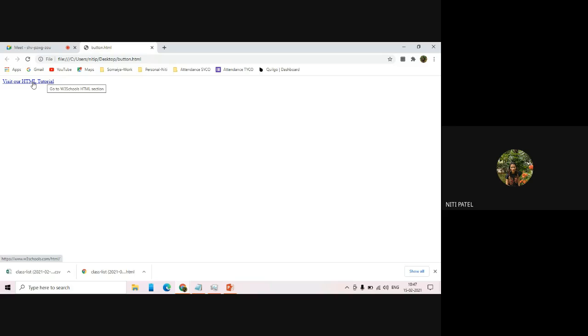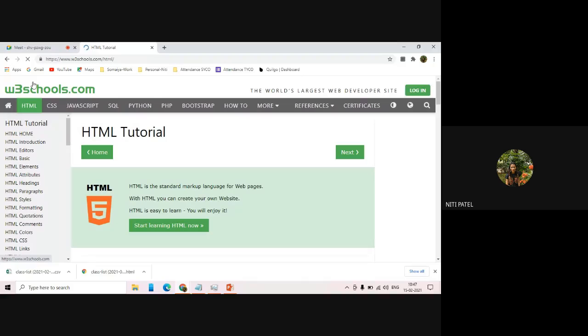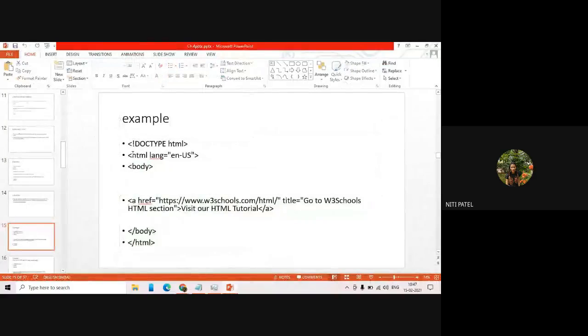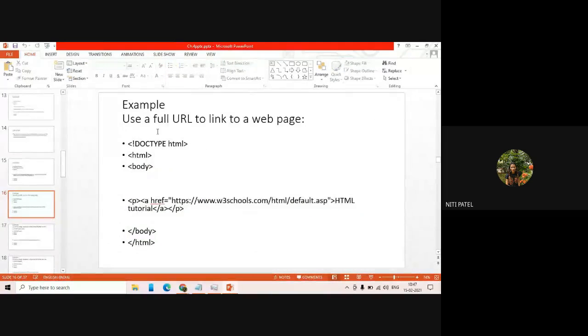Yes, ma'am. So with the title attribute, I can show the tooltip, and with the href attribute, I have shown a link which opens the HTML tutorial. Is this clear? Yes, ma'am.